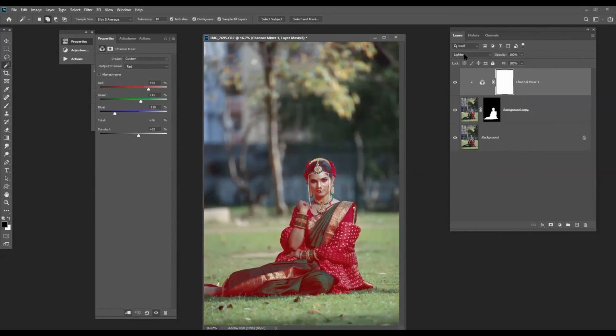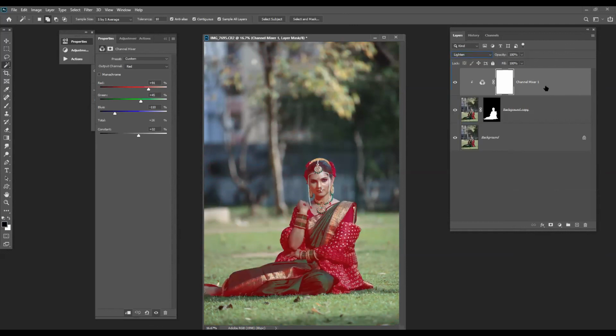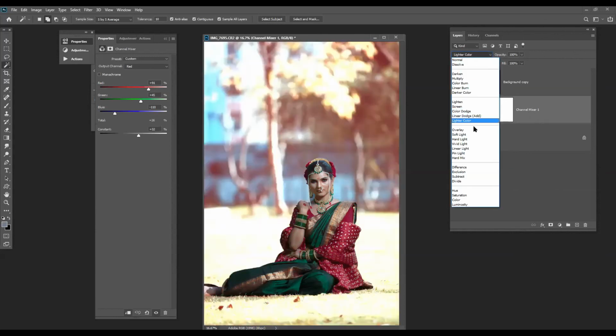Okay. Now instead of lightness, as we are using lightness, so it's removing the color, we will change the blending mode. Suppose now I clip mask down, sorry, let me take in bits. Now it will go fine, clip the mask. Now I can change the composition.